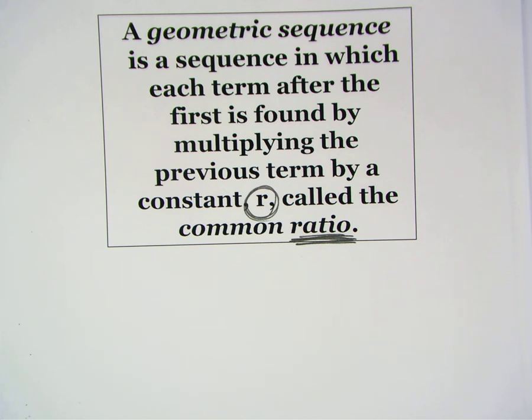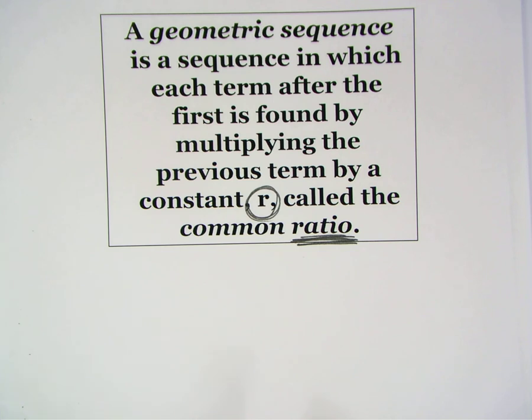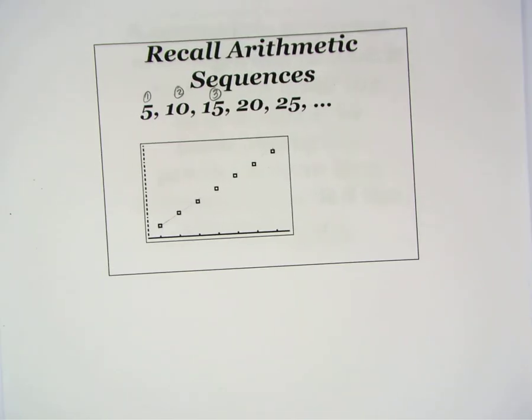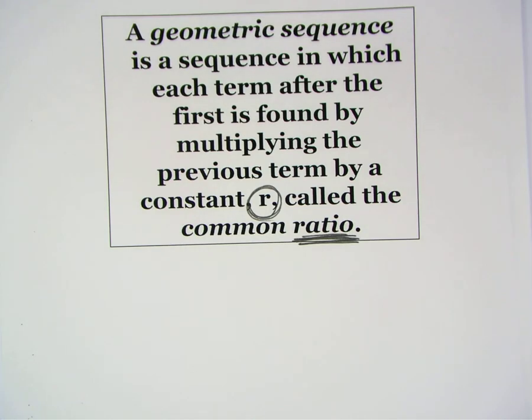So in a geometric sequence, the way we go from one term to the next term is we multiply by some number. Instead of adding, we're going to be multiplying. And I'm going to send this. This is a PowerPoint, and I'll send you an email with the PowerPoint on it. So now, when we graphed an arithmetic sequence, we got a line. What do you think is going to happen